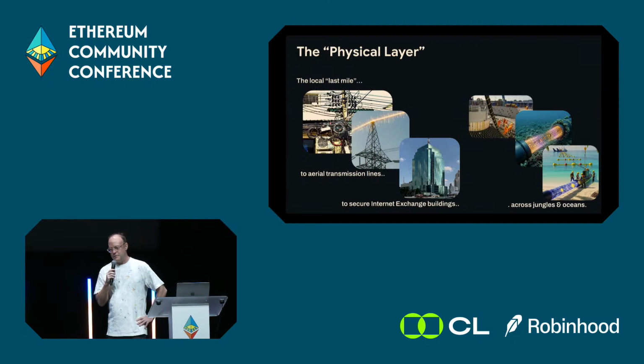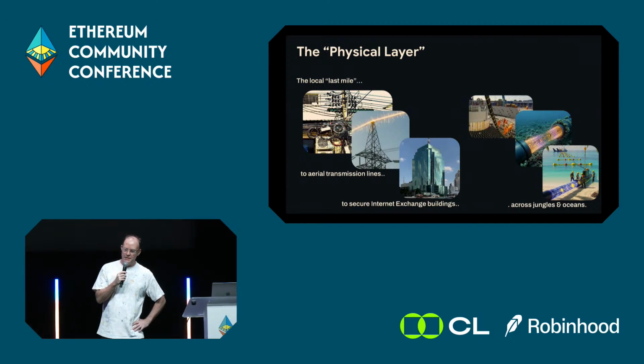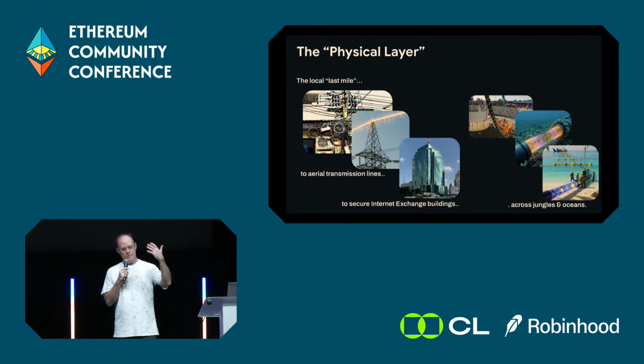So let's talk about the physical layers. This is how the internet is basically built. This is how the tubes are built. You have the local last mile on the left. These are typically aerial fiber cables, copper lines, high voltage power lines, where the top line is typically aerial fiber, and then internet exchanges that are in most cities. And then on the right, you have effectively how these bits then travel from the various cities into the ocean